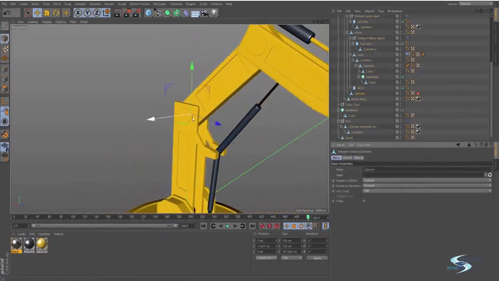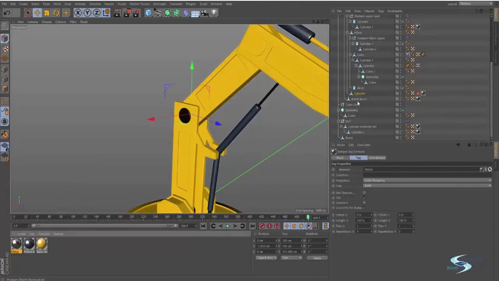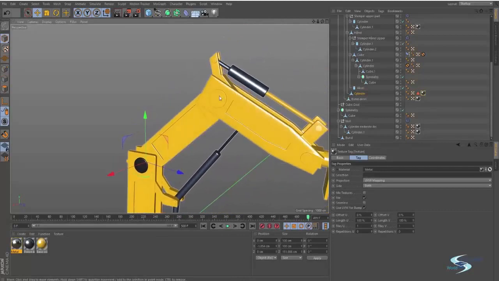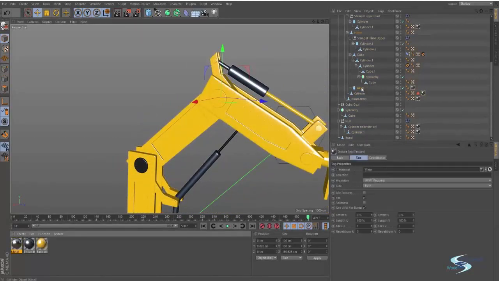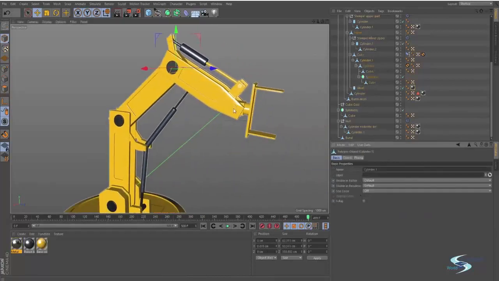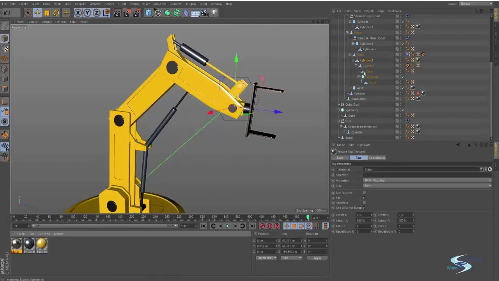Double click and the object will show up in the object panel. I can just drag it onto the object like that. Double click once again and I have the axle, drag it onto the object. And I'm basically just doing this for all these